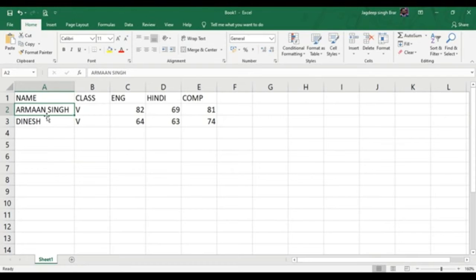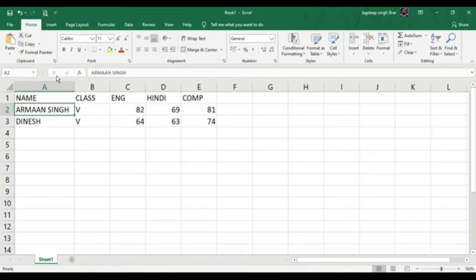Or select the cell, press the F2 key and you can edit. Or select the cell and type in the formula bar the new value of that cell and click on the enter button from the formula bar to change. So in this way you can edit the content of your cell either wholly with the help of overwriting, or partially with the help of typing the value in a cell or in the formula bar.